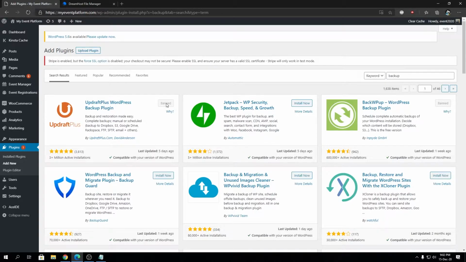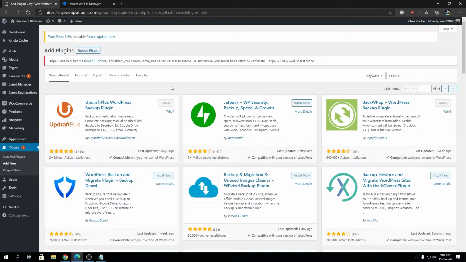But if you're wondering why it's banned here, Kinsta usually bans backup plugins for their own reasons. I don't really know why. So that's why I cannot really demonstrate this. But give Updraft or Jetpack a try. If you are looking for a free alternative, try Updraft. Try the free version. If you are satisfied, go on with the paid version. And if you want optimal efficiency, feel free to use Jetpack.